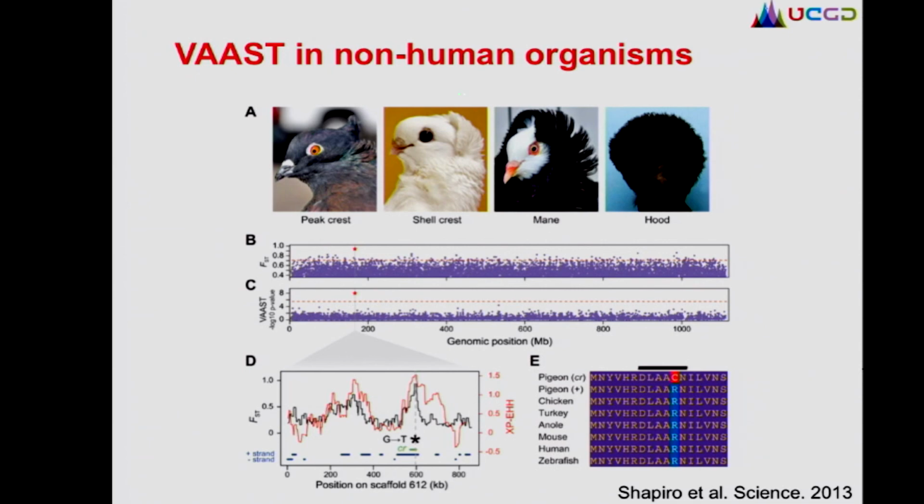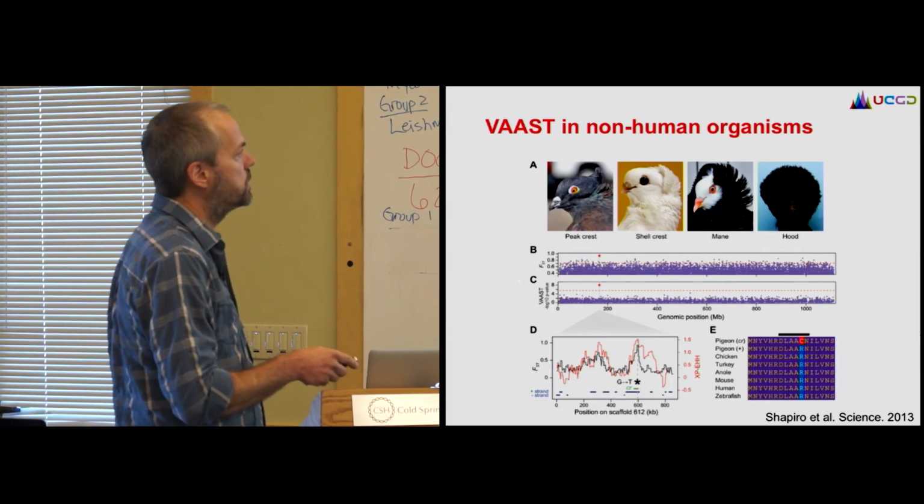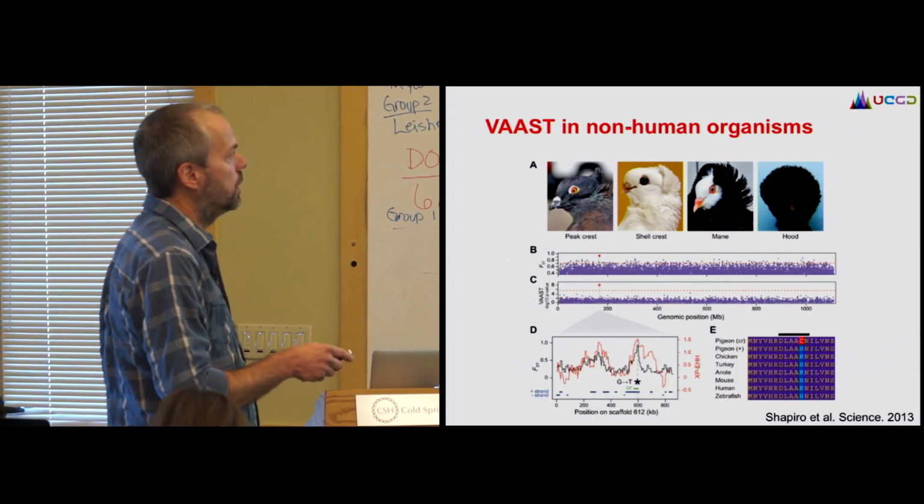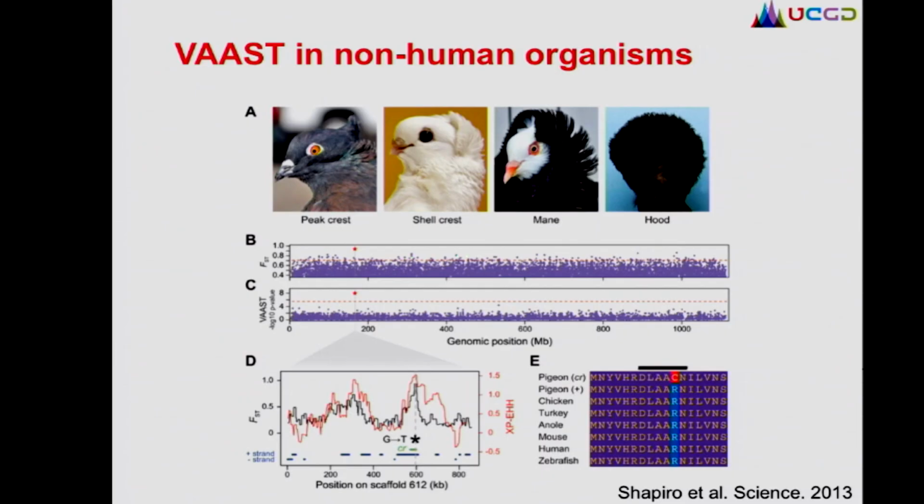These are domestic pigeons that are bred by pigeon fanciers to look this way, but it turns out to be a fabulous resource. And in fact, Darwin himself was very enamored with studying selection in breeding populations of pigeons and other organisms. And so B and C here show an F statistic analysis looking for